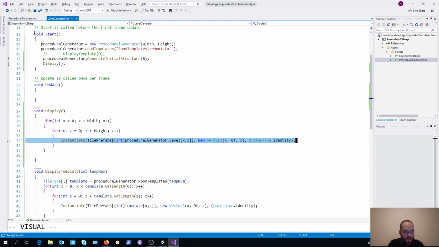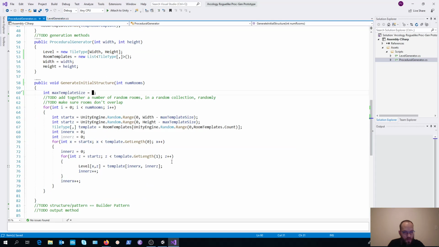The display method should be fine. It is probably our generating method that's causing us some grief over here.